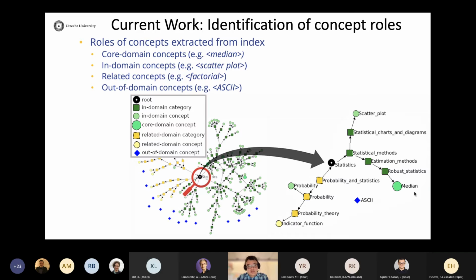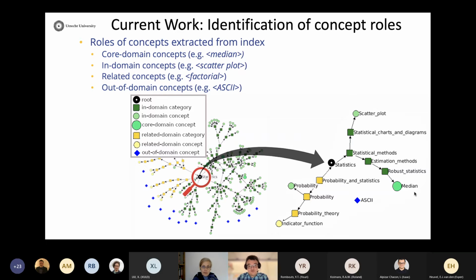There are also some terms which are kind of related. They might belong to other branches of mathematics, and they can be used sometimes in statistics to explain certain statistical inferences or certain concepts, but they're definitely not the core statistic terms. And plus, there are also often terms which just do not belong to statistics at all, and authors use these terms for pedagogical reasons, to exemplify something, to show some anecdotal evidence, to explain some use cases, and so on and so forth. But they still are parts of indices.